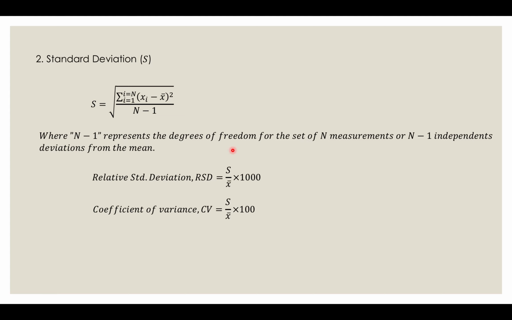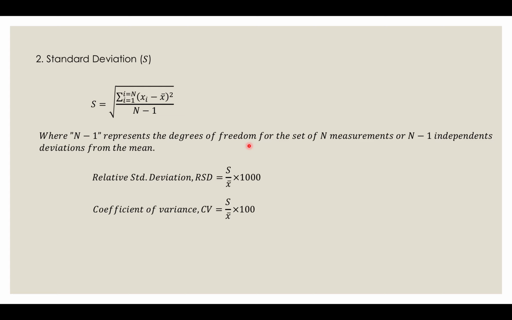These are the degrees of freedom for n measurements, and these are n minus 1 dependent deviations from the mean. These are certain terminologies that we use for this particular quantity. You might have come across degrees of freedom when doing molecular spectroscopy, where, when we consider the degrees of freedom of motion, you come across this terminology, degrees of freedom, or the independent deviations that are possible. That is the number of deviations that are possible in a set of measurements.